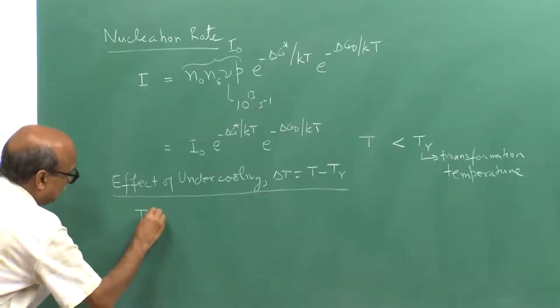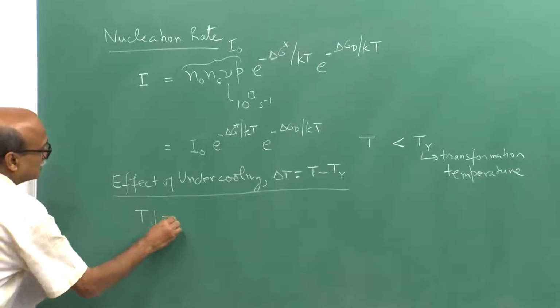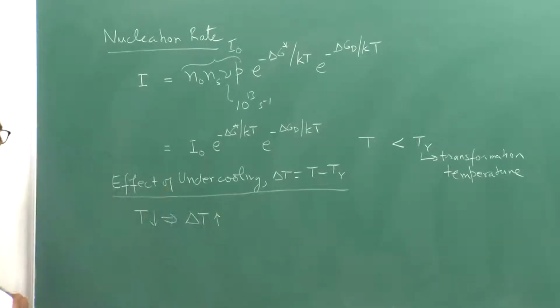So, as temperature reduces, this implies that the undercooling delta T increases,